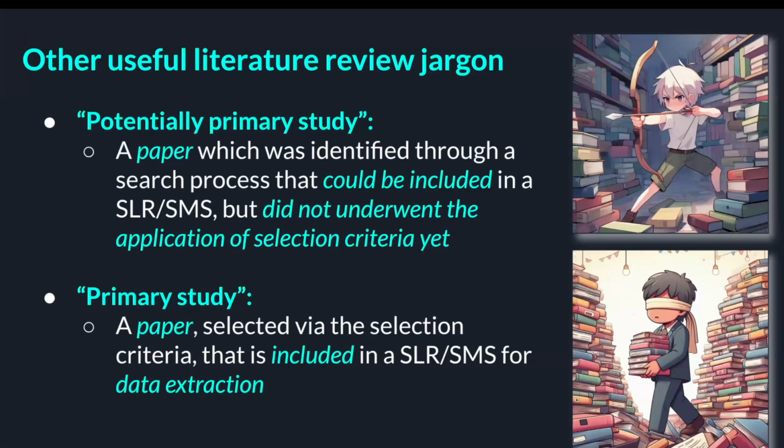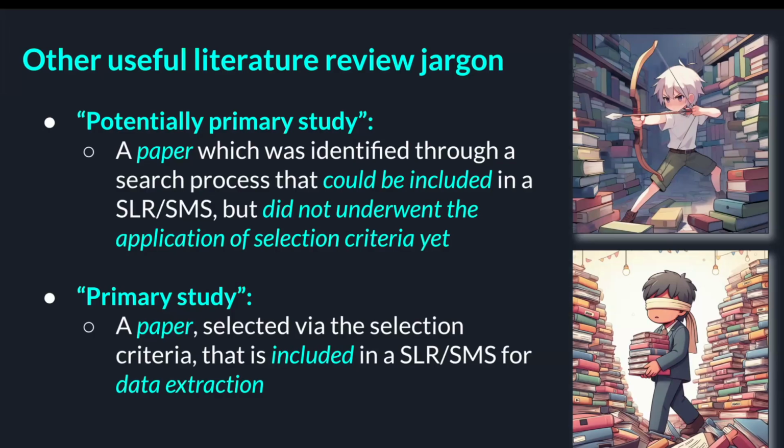I know, confusing, right? Now I'm going to confuse you even more because before talking about primary studies, I'm going to talk about potentially primary studies. So in general, a primary study is ground research that is out there, and a secondary study studies this type of research. A potentially primary study is something that might be included in a secondary study, but you still are not so sure of. So it could be you found a certain paper, but maybe it fits the topic, maybe not. And that's a potentially primary study. It's a candidate for inclusion, let's say, in your secondary study.